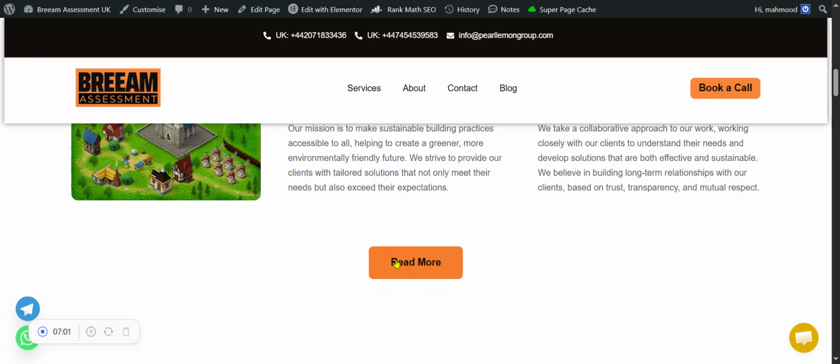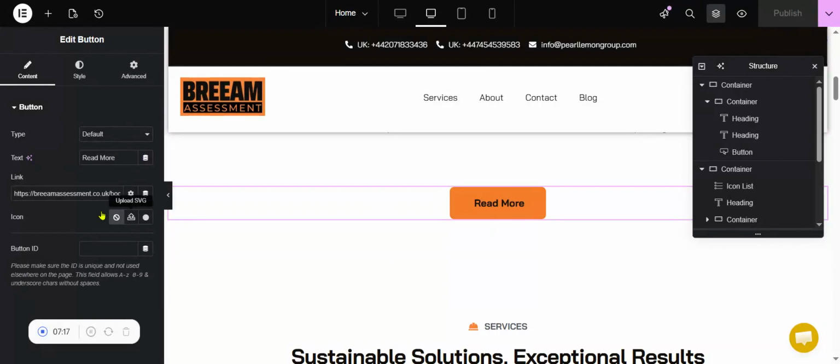Now, the intent of this page is for people to know more about the Bream Assessment Company. So instead of read more, that is generic, we could simply open our Elementor right here, click here, and instead of read more, we can put in something like